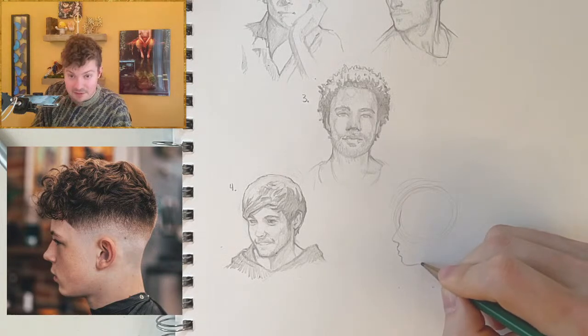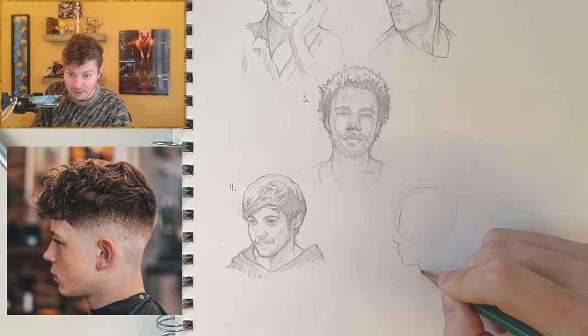So as per usual, I'm going to start with the foundation for me to work upon and then build up